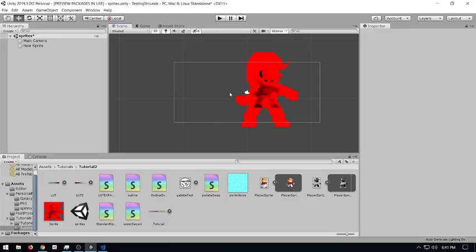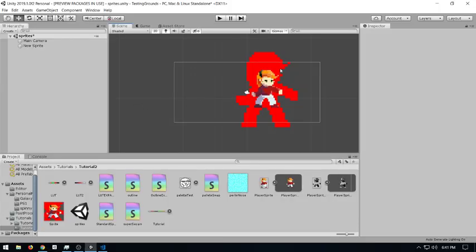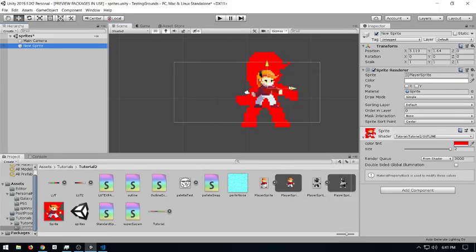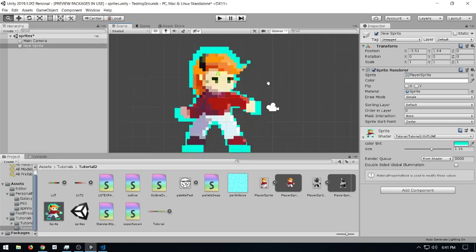So, oof, that's very red. Let's not tint for now. So yeah, now we have it as a big old outline, and let's bring it down a little bit. Let's make it maybe like Super Saiyan Gold or Super Saiyan Blue. Let's go blue.